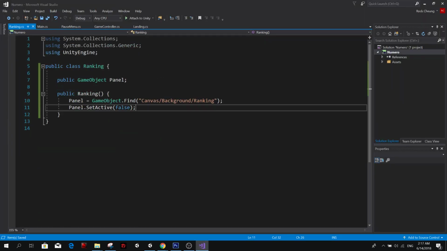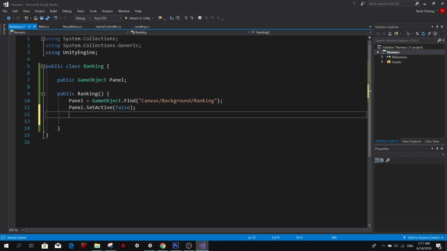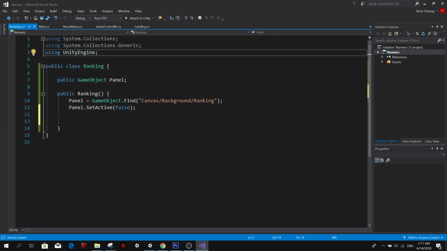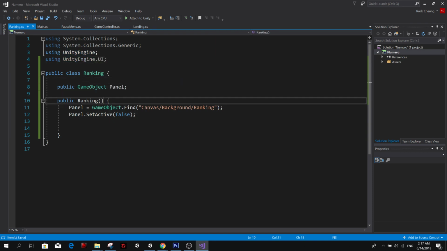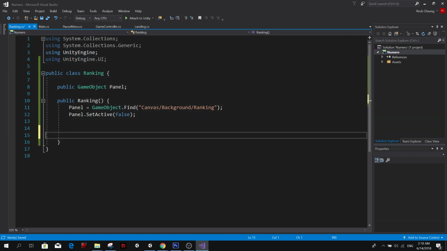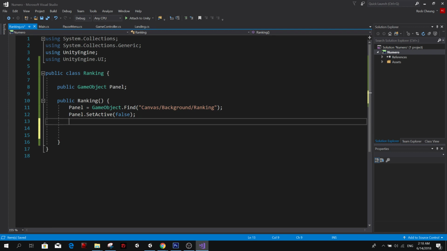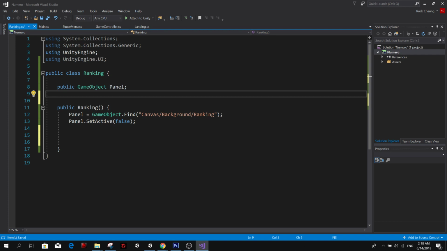Let's continue here. Ranking. We need to use this UI. So now we're going to make a little bit of the ranking as well. So we have the button, cross button.